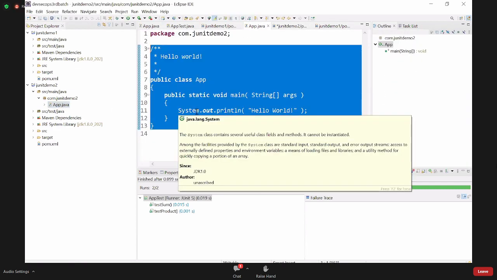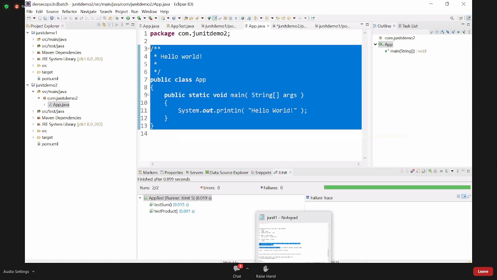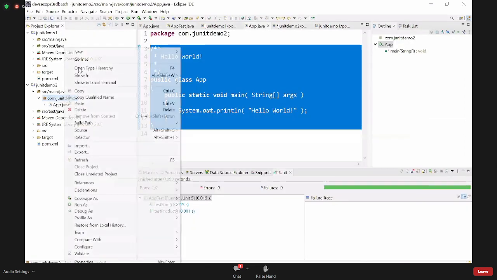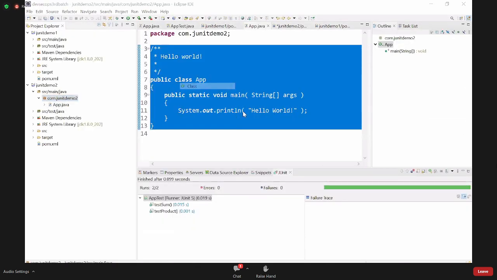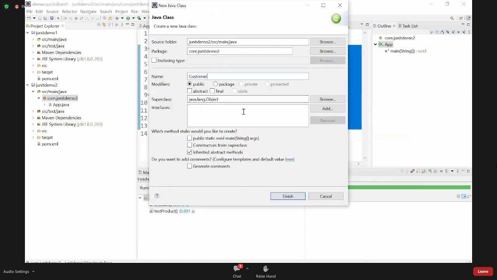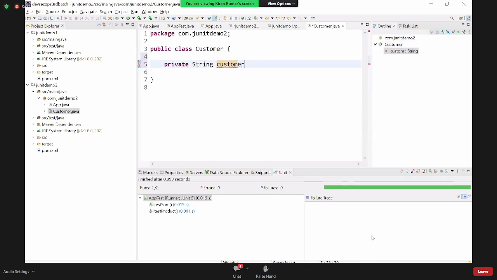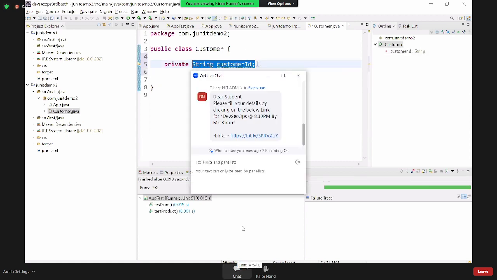Now first let us write the business method here. See what I'm going to do. What is my requirement? I'm going to add customer data. So for that, I need to create a customer class. New class, Customer. So what are the different properties in the customer? Customer ID, first name. Customer ID. So this is one